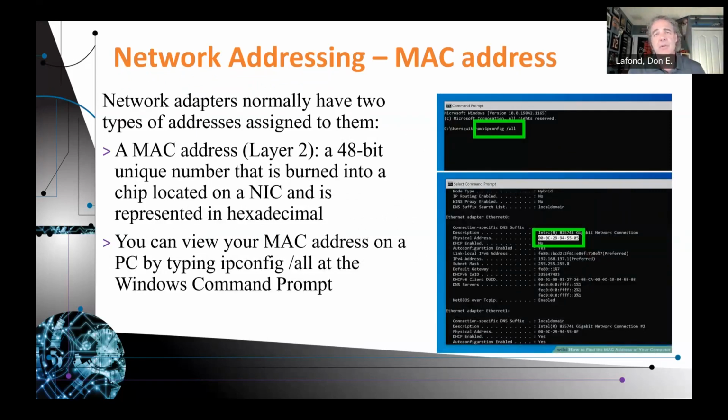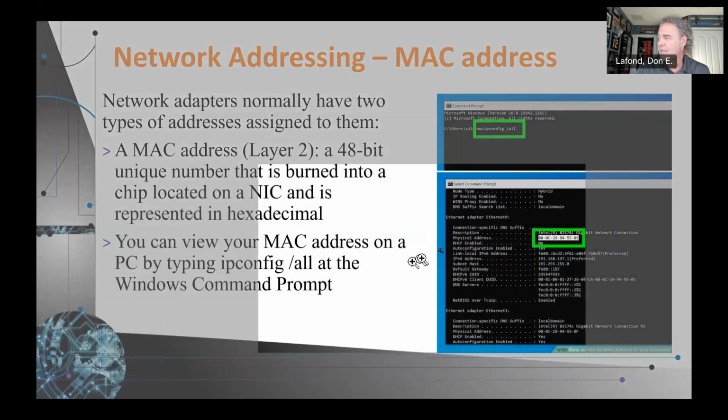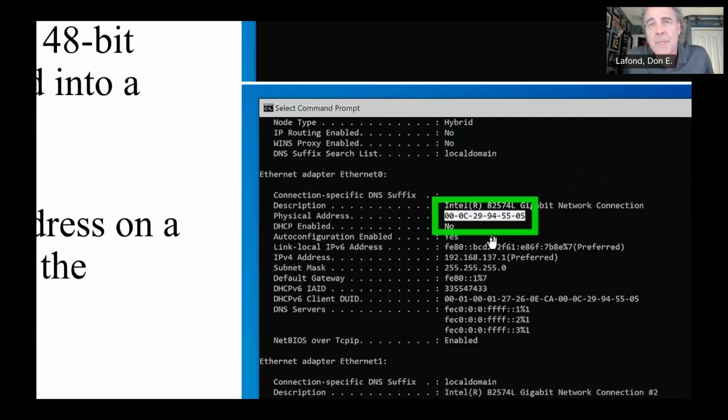Now we're going to talk about layer 2 and layer 3 addressing. Now the MAC address, this is layer 2. Network adapters normally have two types of addresses assigned to them. The MAC address, layer 2, is a 48-bit unique number that's burned into the NIC, burned into the chip. And that address is unique in region. I used to think it's unique in the world, but I've been taught that different regions, like the Asia Pacific region, European,